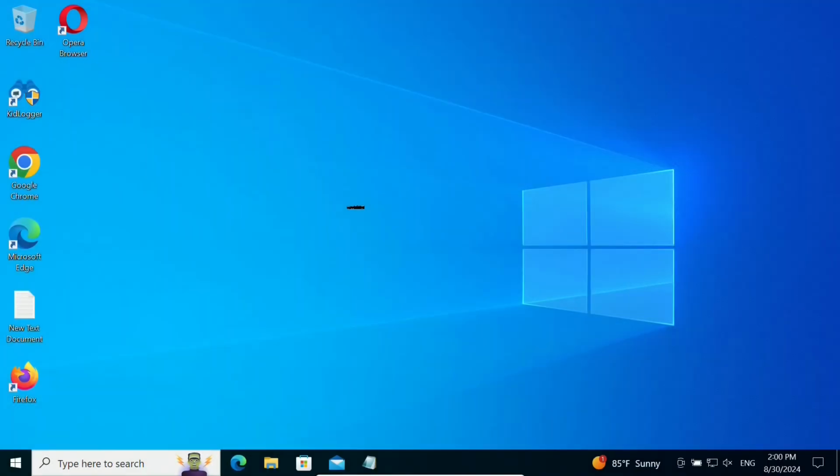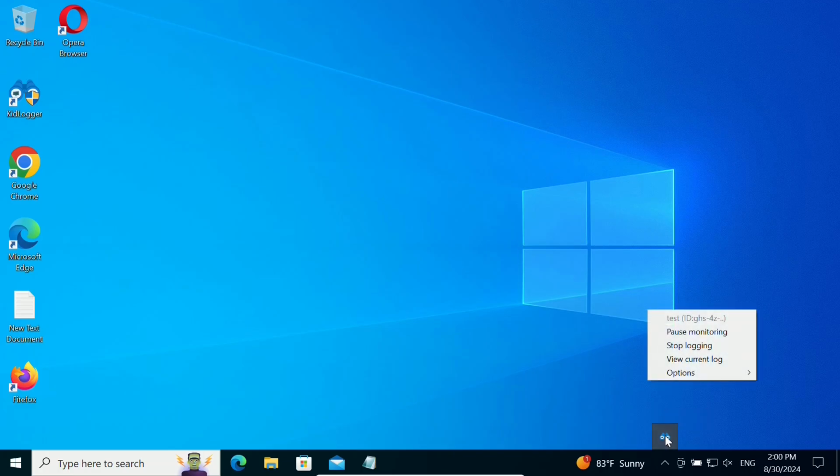After a minute or two, the Keylogger application's icon should appear in the system tray. Clicking on it will give the option to stop logging.